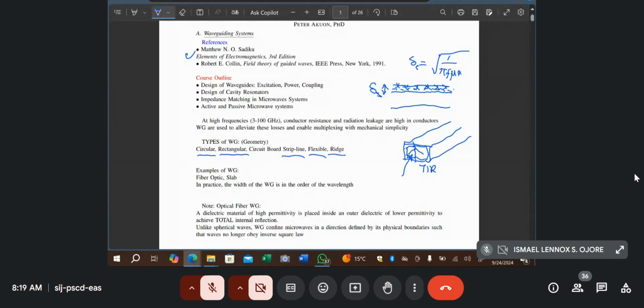So you make sure that always the width of the waveguide is in the order of the wavelength. Even fiber optic is a waveguide. Actually, everything else that you use, you can decide and call them waveguides. But here we are confining ourselves to the hollow structures. All right, so sometimes they use silver plating on the conductive wall, which also cuts down on any